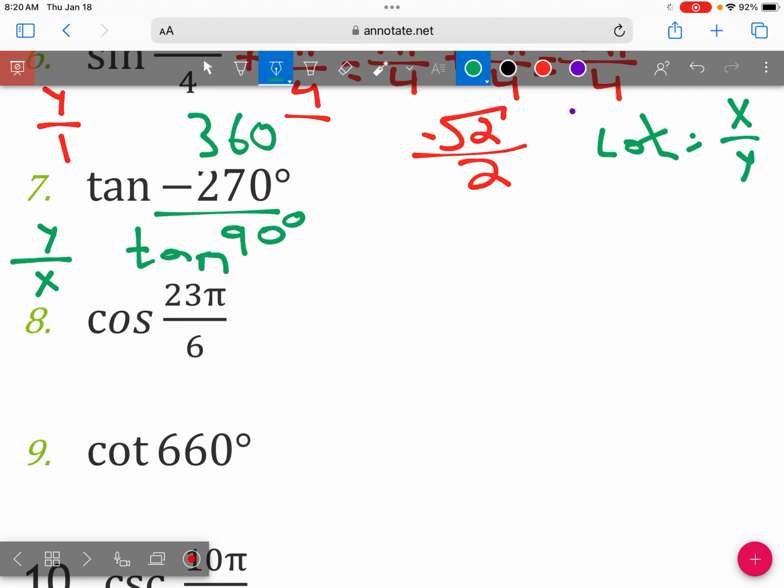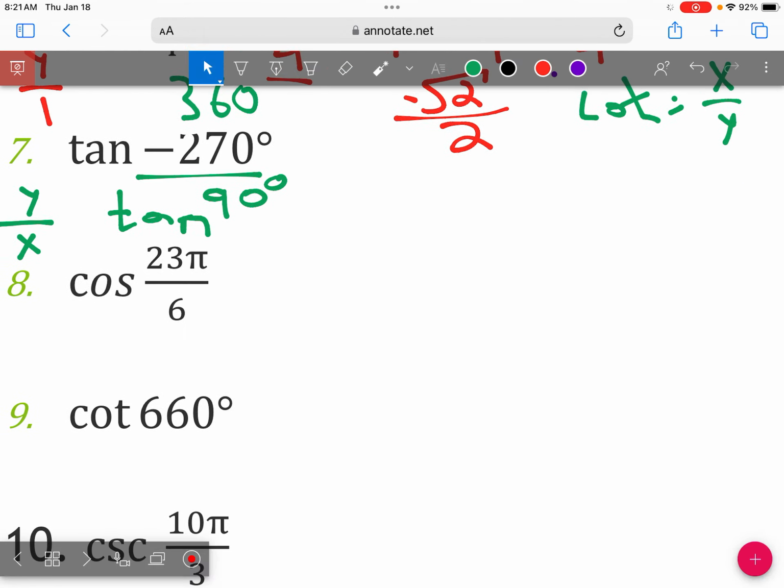And it's just the reciprocal function, the sister function, as we like to think about it. And we actually have a cotangent on number 9, so that'll be useful there. So tangent at 90 degrees. We need to find y at 90 degrees and x at 90 degrees. So if we think about our unit circle real quick,